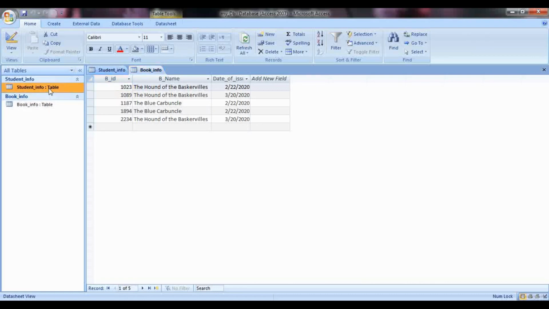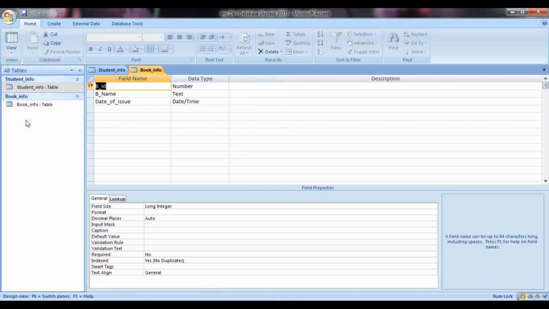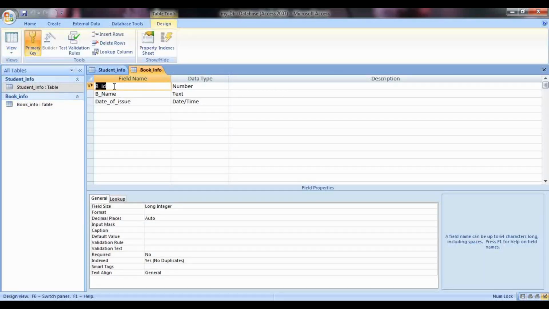I'll show you the design view of the table in case you are creating it again. To see the design view, that is the overall outlook of the table, I'll go to the design view. See, this is how my book info table design is. I have the field name book ID and I took the data type as number because I'll be entering numbers.